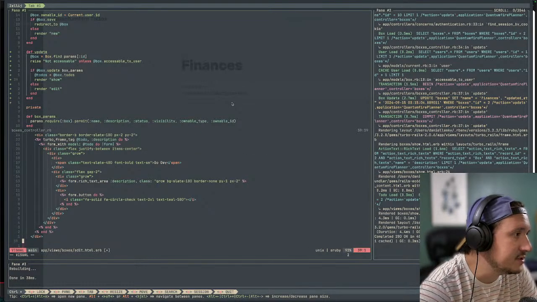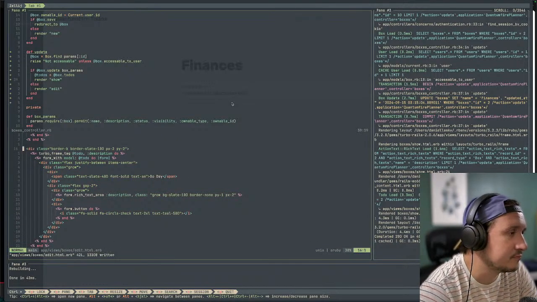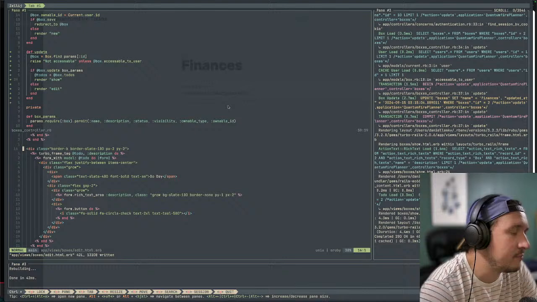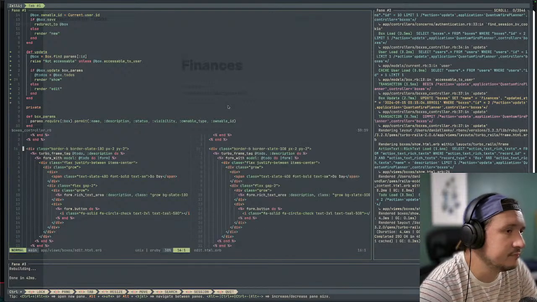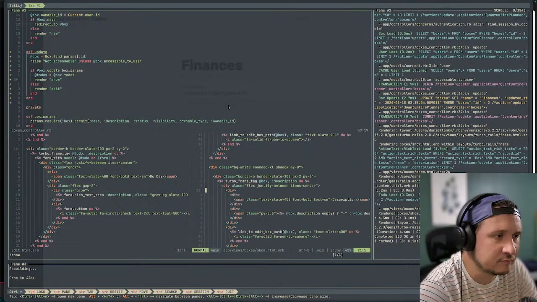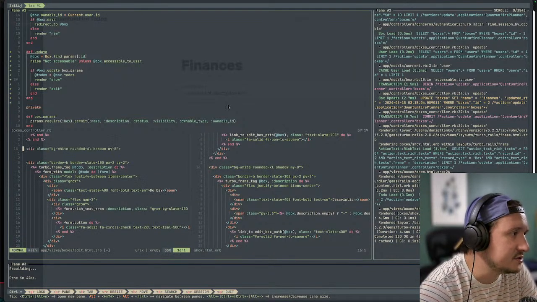Paste in this. I don't want this in here, so we're just going to go like this and paste this into the same